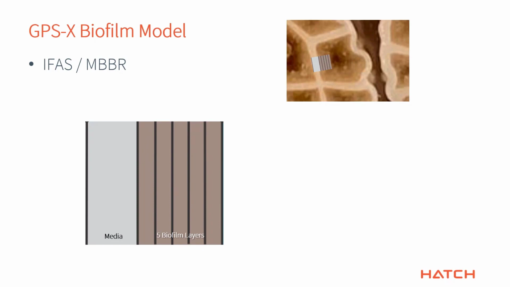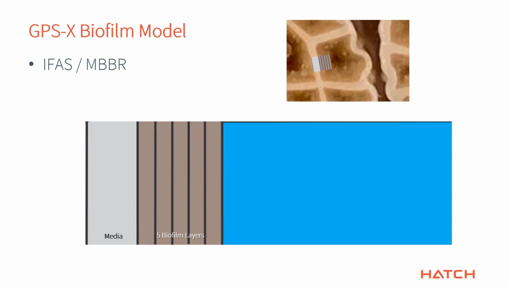And so that is how we model it across all of the surface area that is there. Now, this, of course, is making an assumption that the layers themselves are homogeneous, which we know that they are not. Some are going to be thicker and some are thinner and so on. So really, this is an average representation of that and is sort of the standard way of modeling these sorts of things. So then that outermost layer is in contact with the rest of the bulk liquid, which would include,